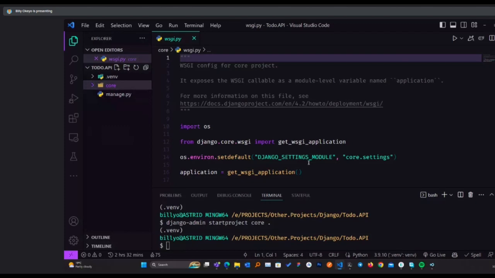So what you're going to do now, we have our core project. We can choose to build an application within the core, though it's good practice to always have a project folder. Then whenever you want to build things within it, you have specific applications for that. It will help you organize your code much better. So for that, I'll create a new app within the project. There are two ways to do it. Now we start using this manage.py file. I'll write py manage.py startapp.